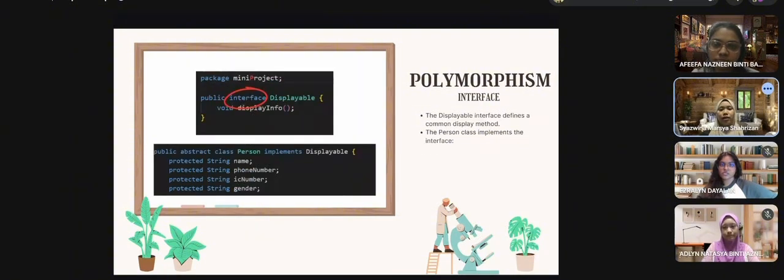Next. Our system also uses an interface called Displayable. This interface declares the displayInfo method. It acts as a rule that requires displayable classes to provide a method for displaying the information. The person class implements the Displayable interface. Therefore, the concrete subclasses of person such as patient, doctor, and guardian must provide their own implementation of the